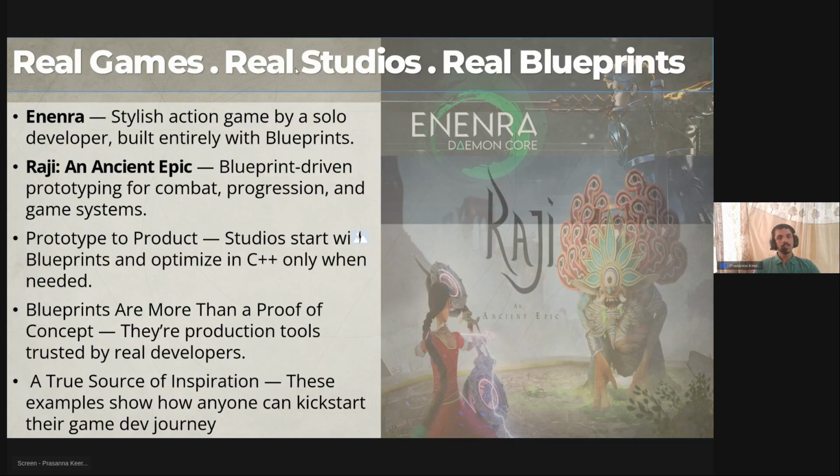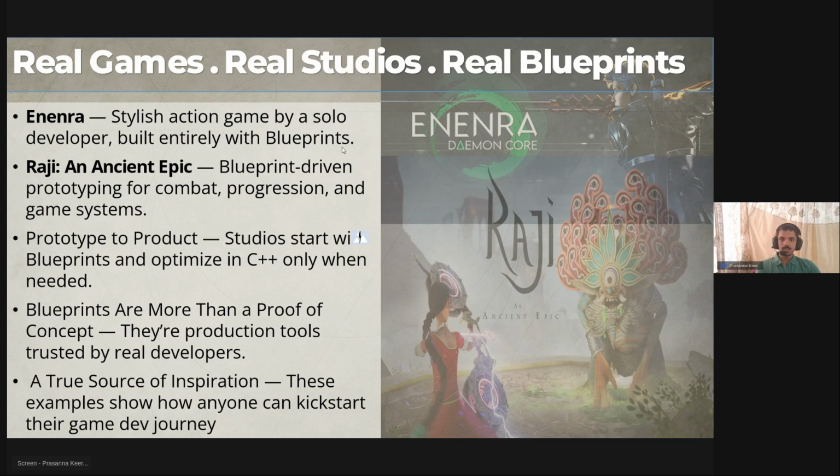So at first, people just try to start making things in blueprints only. The probability is now very less. People are using C++. So blueprints are more than a prototyping tool. Products like Ananda and Raji have shown this to the world. Raji is from India and Ananda is from a solo developer from Israel.